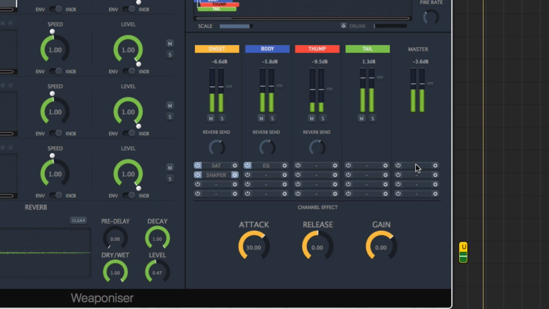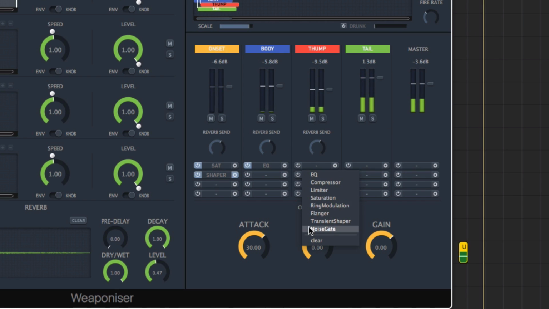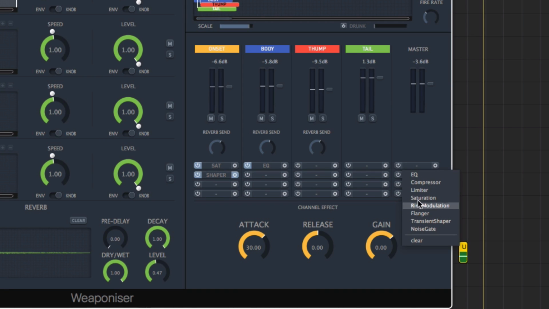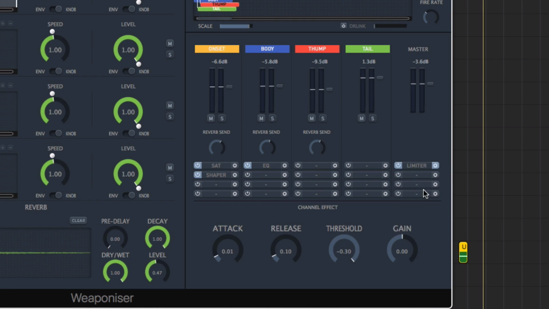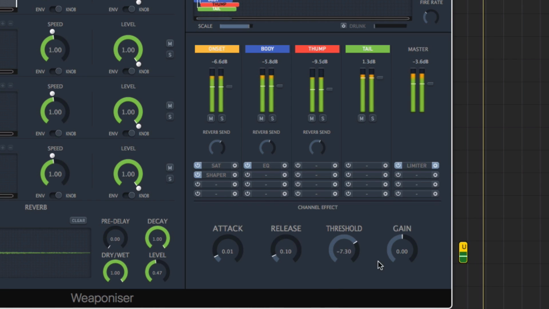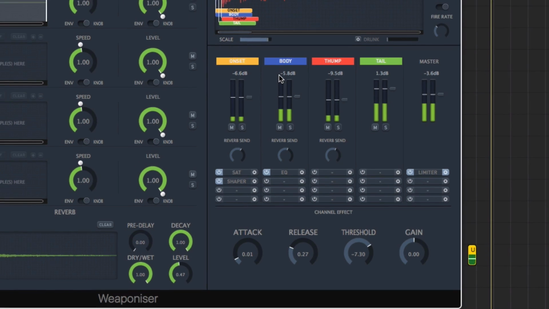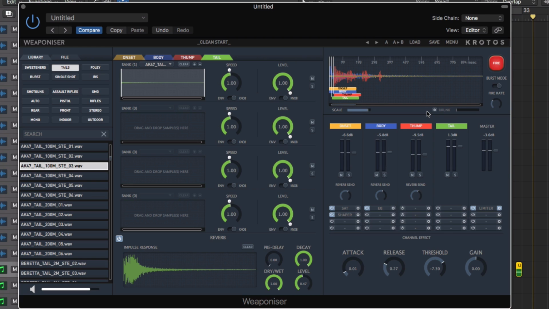And then we've got a master layer as well. So you can start adding effects to each one of these individual engines, but you could also add them at the master stage, which could help sort of gel the sound together a little bit more. So I could add a limiter onto the master just to control the dynamics a little bit. You can see how easy it is to create quite usable sounds. Obviously, if you're looking at game post-production or film post-production,